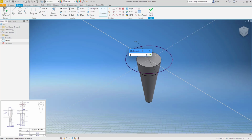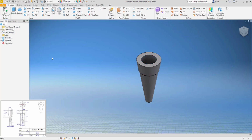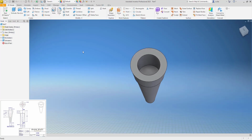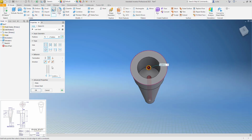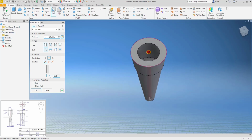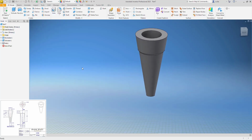I'll do that hole in the top there is 0.204, and it goes down 0.203. And then we have a through hole. No counterbore. This will just be where the lead is going through, or I guess that lead guide's probably stuck in this hole. 0.035, and that is a through all. Because of the dimensions that we have for that last little bit,